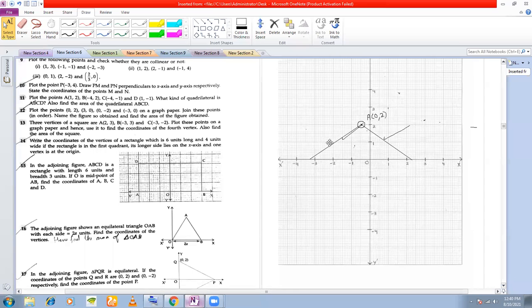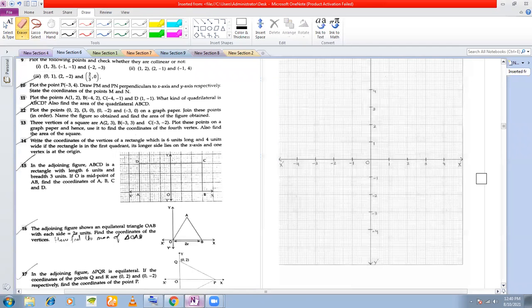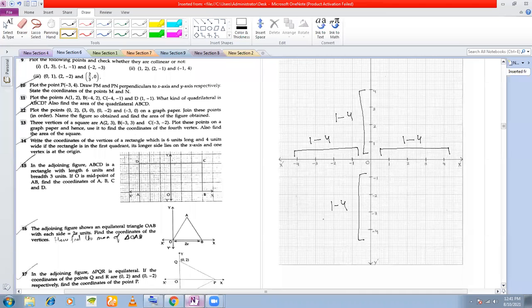But also here you can plot the points easily, because if you see in the positive direction of x, you have, let me erase this first. Even out here, it is easy to plot because the positive direction of x runs from 1 to 4. Negative direction also runs from 1 to 4. This positive direction of y is also from 1 to 4. And this also is from 1 to 4, negative direction of y. So here also you can plot.